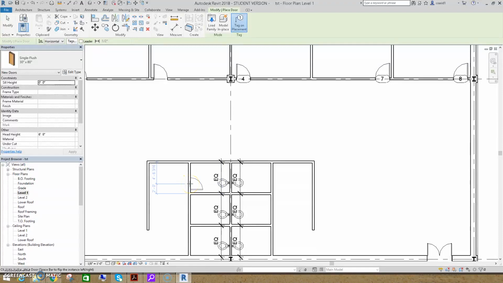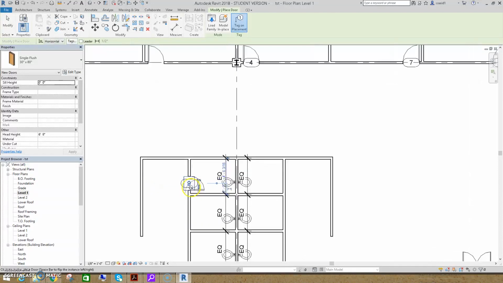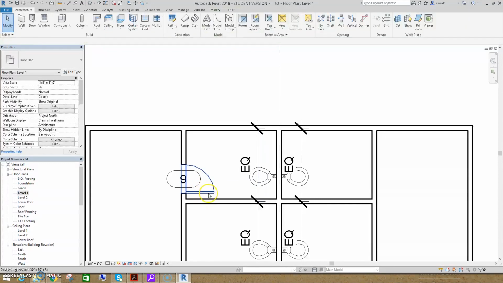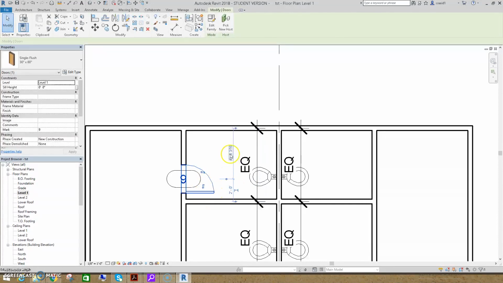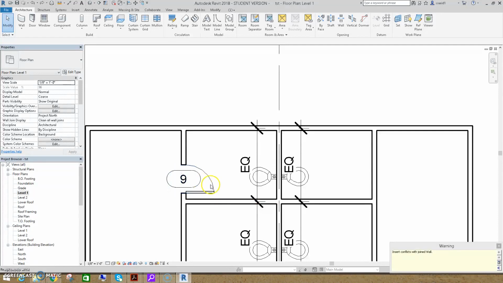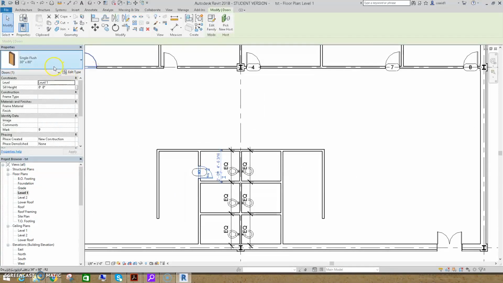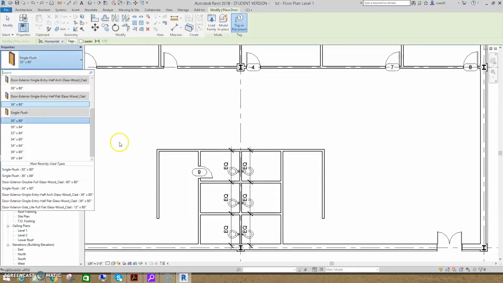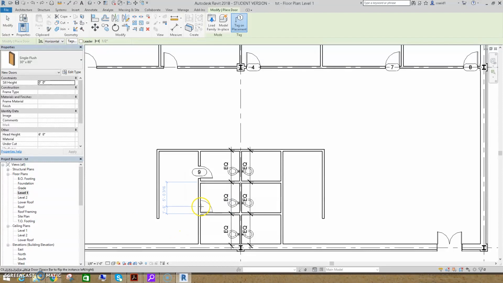Okay, remember you can alternatively change the direction of the door using your space bar. I'm just clicking on the space bar and it is giving me the options. So this is the appropriate one, and you can always select it afterwards. Change the temporary dimensions. Oh, one was too much. Control Z. Okay, let's keep it like that. And I'm adding more of these to here